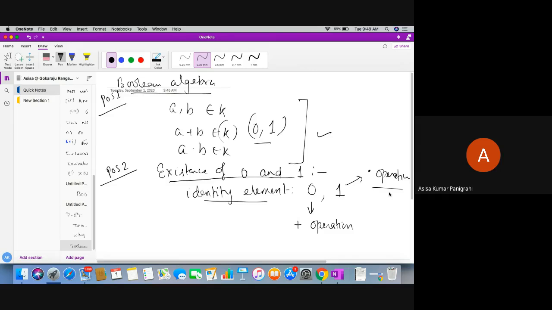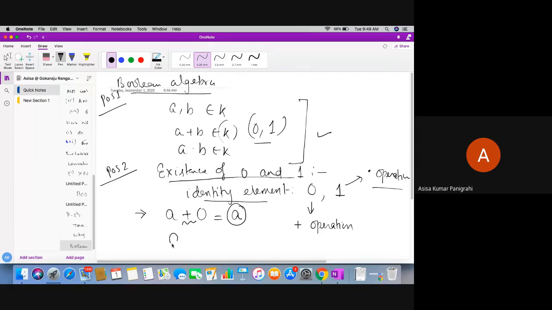So what it suggests here: A OR 0, if I do, I am not going to lose the identity of the variable of the OR operator. Are you understanding, students? This is called existence of 0 in OR operation.